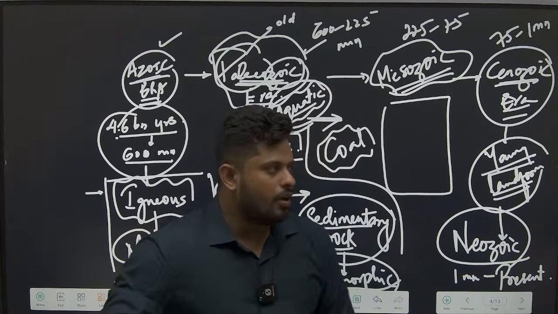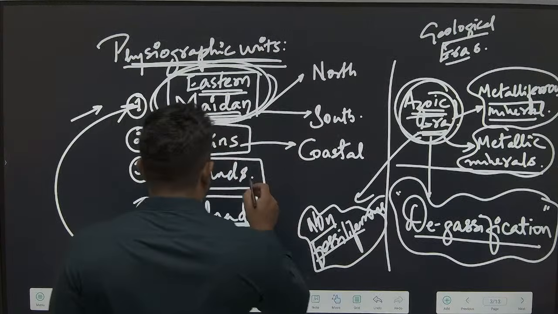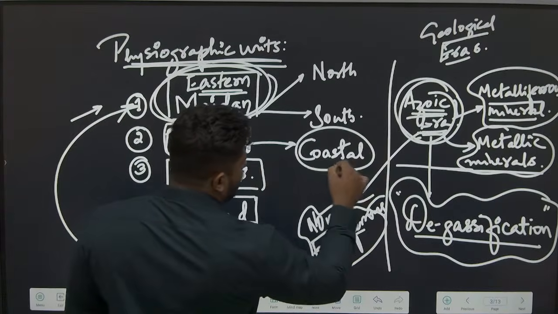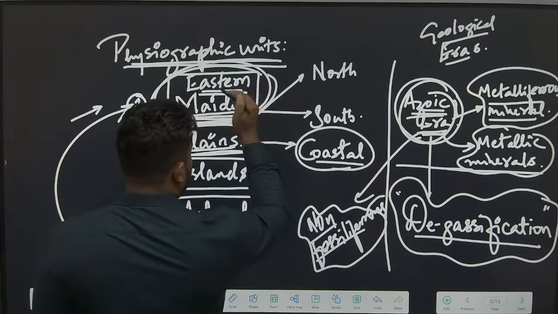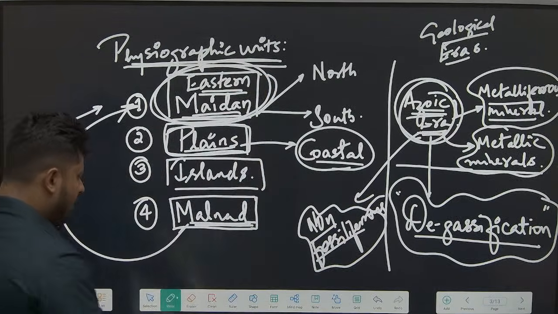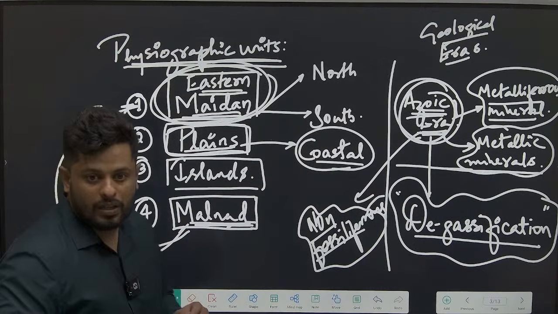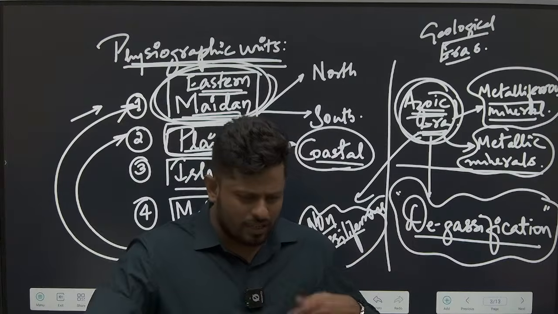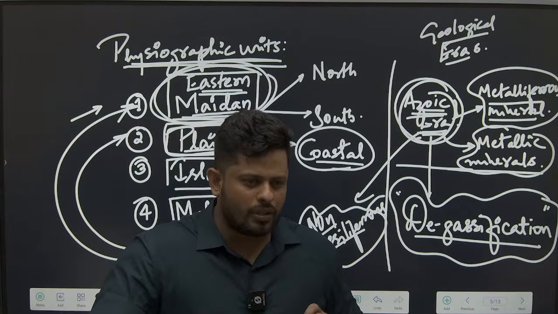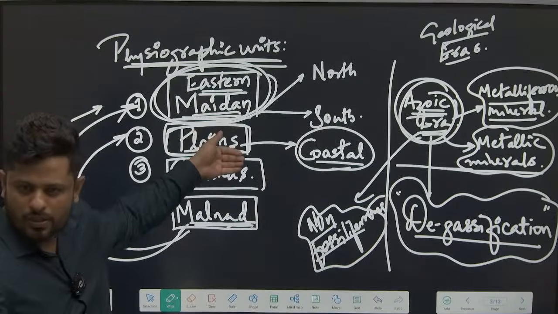We have a very dominant physiographic unit called the plains, but we do not have alluvial plains. Largely we have coastal plains. Do you understand the order, oldest to youngest? The Malnad region formation has happened somewhere in between them. Understand that I am not saying formation, but the subjugation process and the detachment activity happened somewhere in between these. So that is how we have categorized this chronologically.